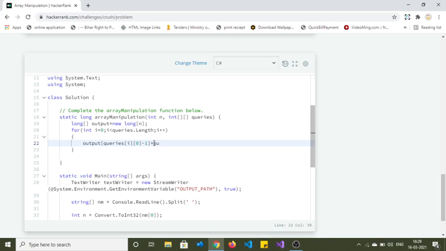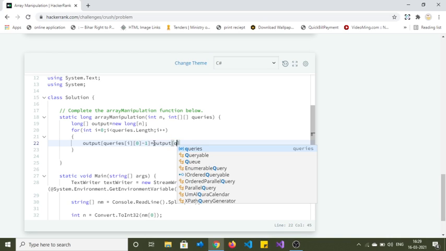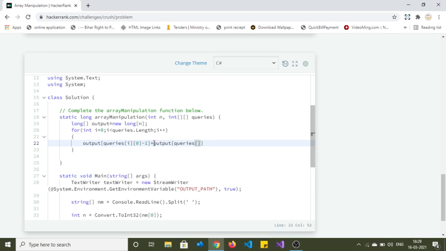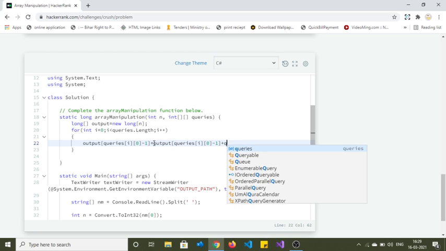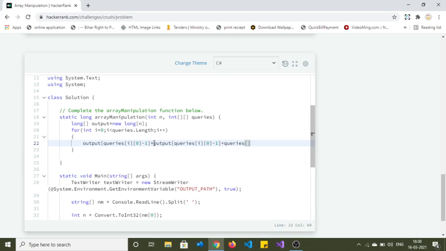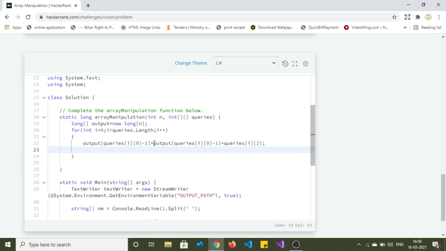Okay, and again output dot query of i of 0 minus 1 plus query of i and 2.